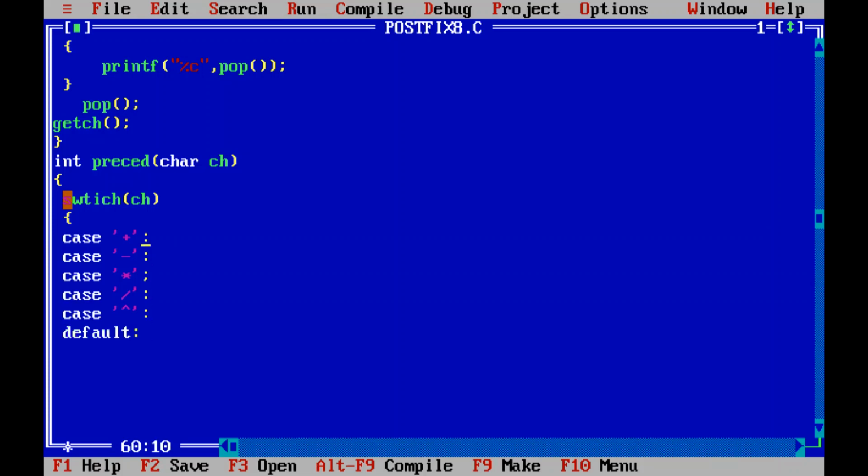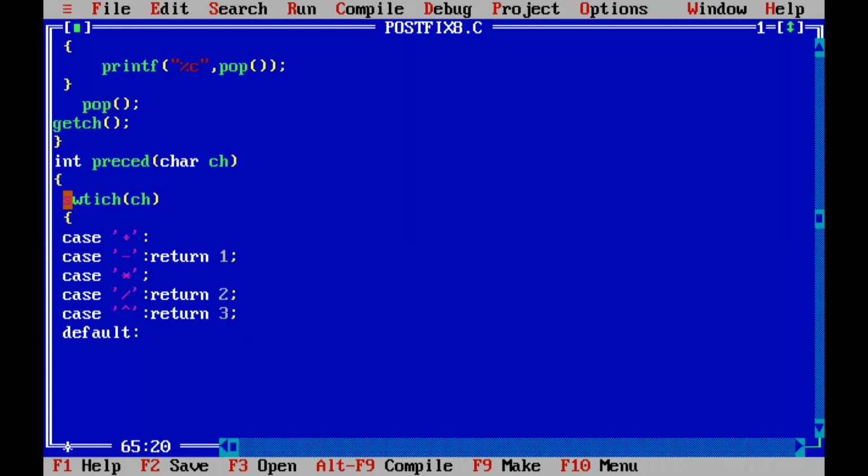So in case addition, what you will be doing, you will be returning. As I told, as both plus and minus, there is no error if you give a return over here also. But as addition and subtraction are of the same precedence, we will be giving the return precedence as 1, right? And for multiplication and division, the same precedence, so we'll be giving it as return 2. And for the exponential, we are going to give a higher precedence than the multiplication. So it is return 3.